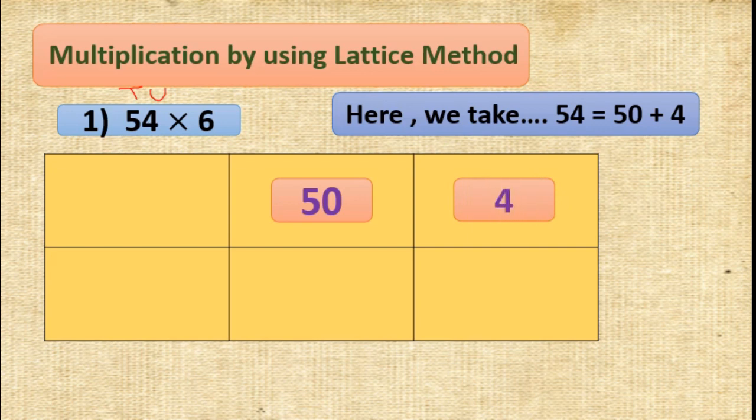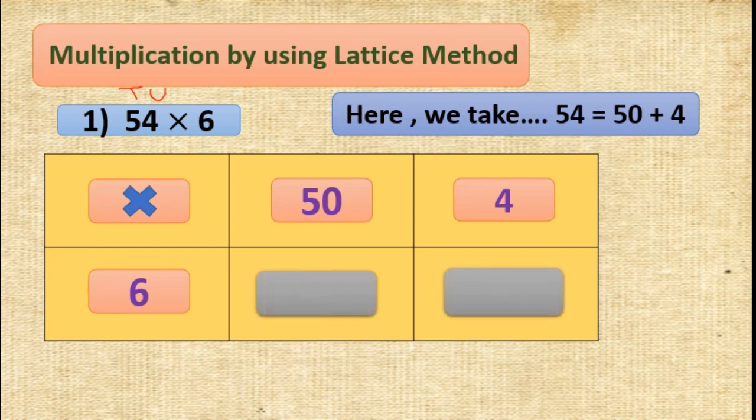Okay, 50 plus 4, that is nothing but 54, and here I will put the multiplication sign in the corner and this I am going to multiply by 6, isn't it? Now 6 4s we will do, and 6 50s. First, any number you can take here. I will do 6 into 4. How much? 6 4s are 24. I will write it here. Then 6 5s are 30 and one more 0, so that is 300, isn't it?